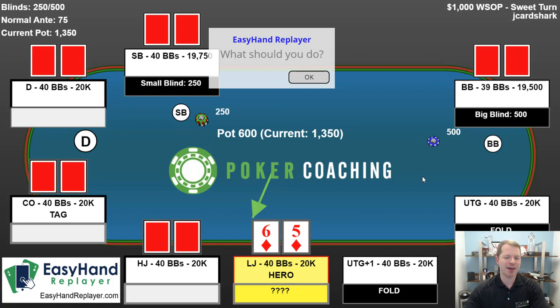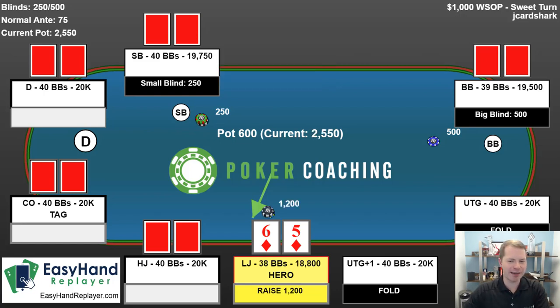And you're going to see that 6-5 suited is on the cusp. It's barely playable, if it is playable. So folding is fine, but raising is also fine. I enjoy raising with the suited connectors, all of them, because they give you very nice board coverage, meaning, say